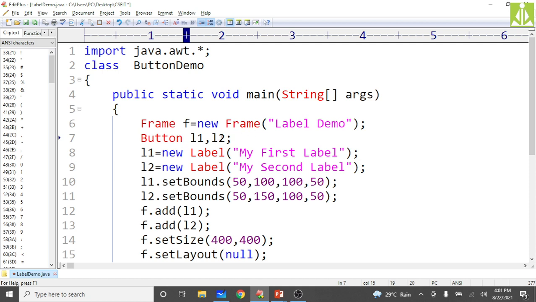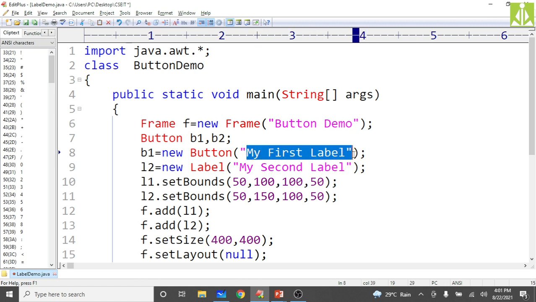Two buttons I am creating, b1 and b2. Then instantiate these buttons: b1 is equal to new Button of, and whatever string you pass will come on the button. And moreover, it is not the label demo, it is button demo. We are doing button demonstration now.